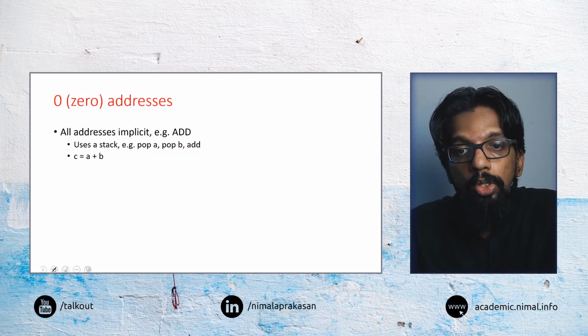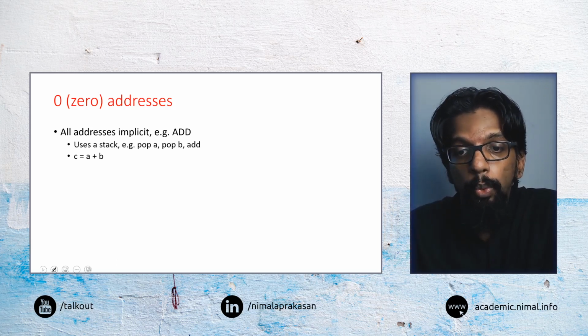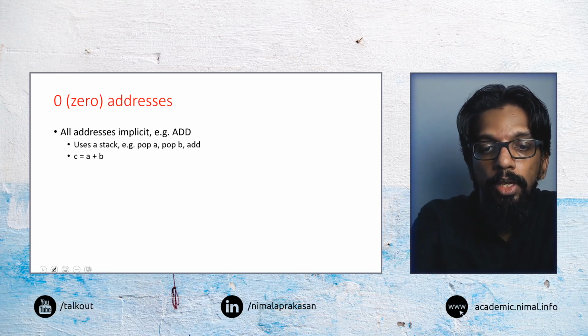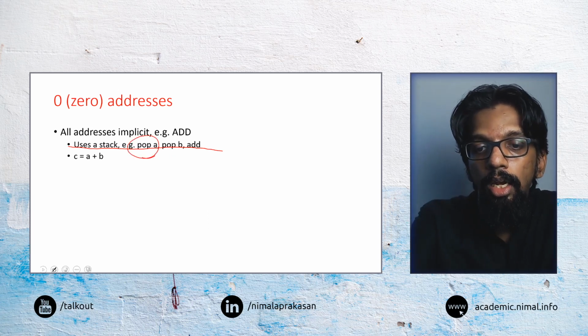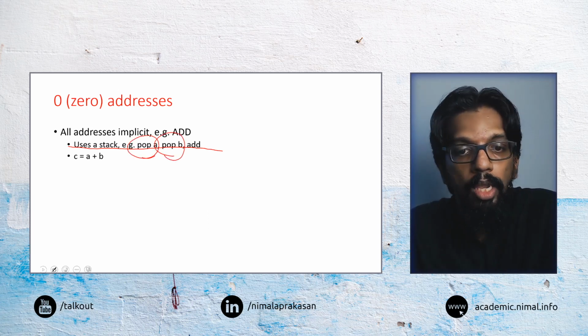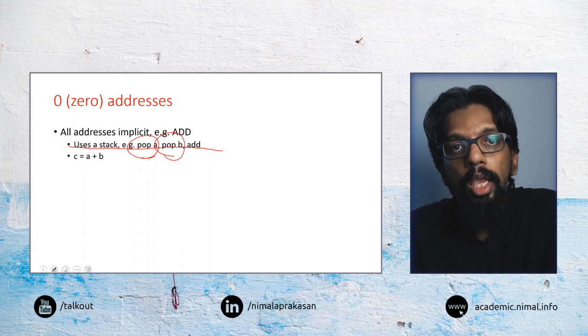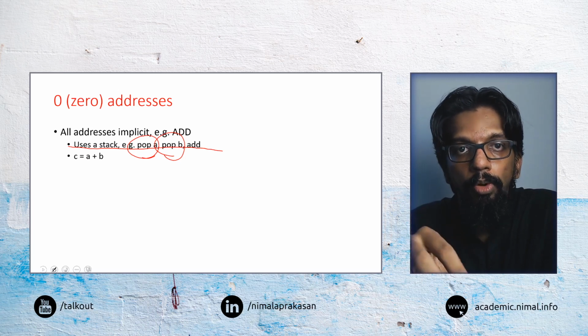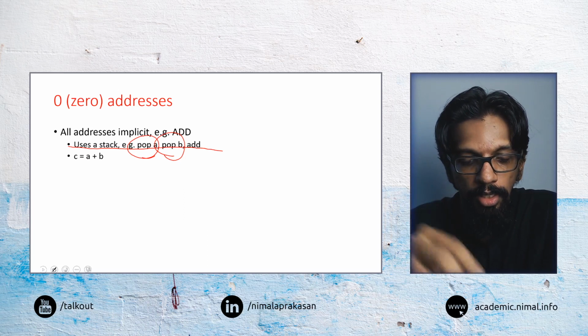Then we can also use 0 addresses in certain instructions. So there are a few ways this can happen. Say, for example, if we are using a stack, here what we can do is go with the stack operations, and then without using any particular addresses we can perform the operation. So that is also possible in certain instructions.